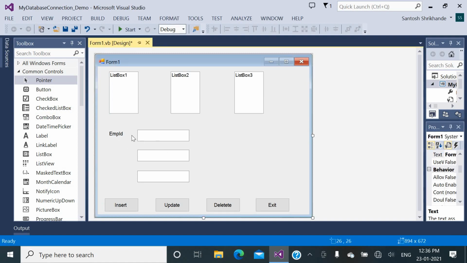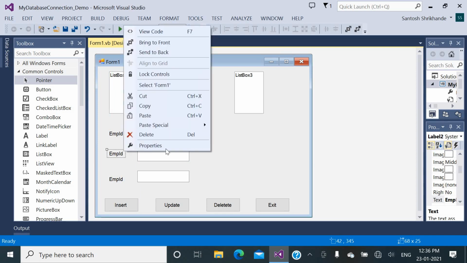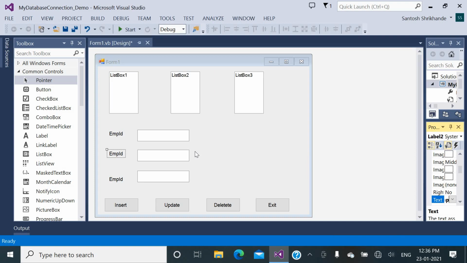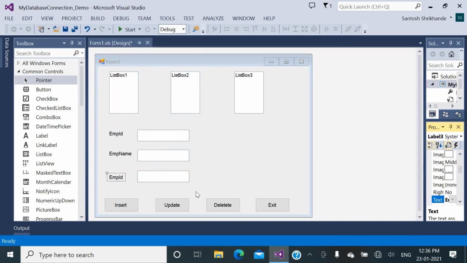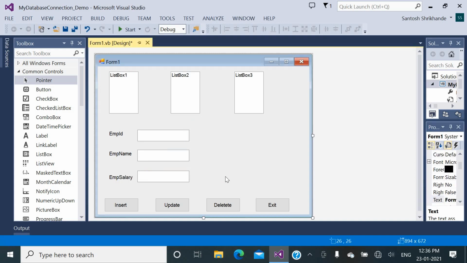Then for the next label, Control C to copy this label, Control V, and again Control V. Now we need to change the name of this EMP ID to EMP name, and the title of this label will be EMP salary. Okay, EMP salary. So these fields I have created.